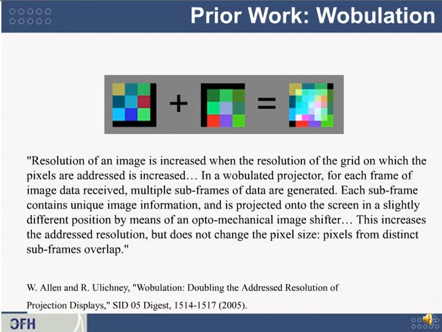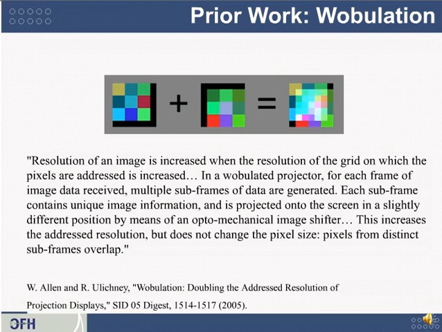So there's very little prior work done in inverse super resolution. Just about the only thing in the field is wobulation, which is a name that either HP or TI calls the kind of apparent increase of resolution. So in this one technique that had existed, the folks said as follows. They were able to increase the resolution of an image when the resolution of the grid on which the pixels